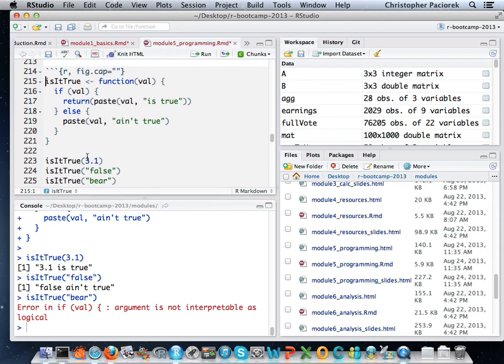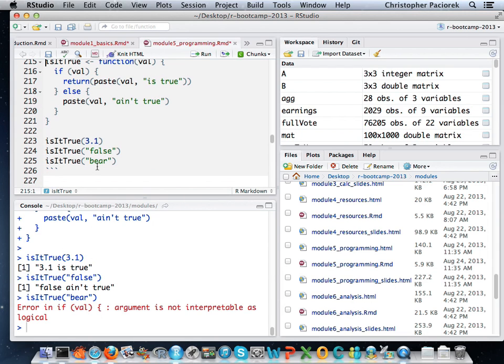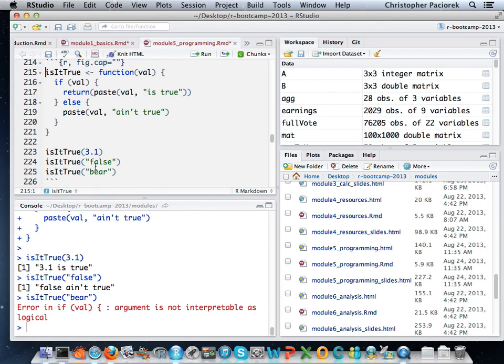Okay, so what you can see here is we've defined this function and then we've called it 3 times. As Chris was saying, if we wanted, we could make one change to that function and then run it 3 times again, and the change would be made to all 3 evaluations. So false, it turns out, is not true, the string false. And then again, bare gives problems.